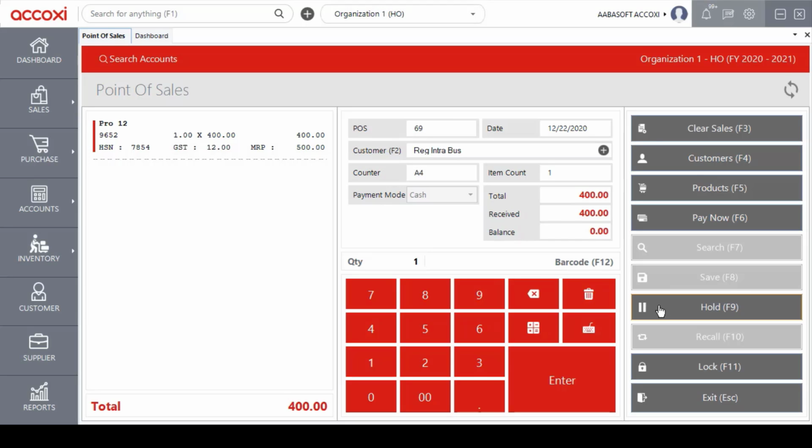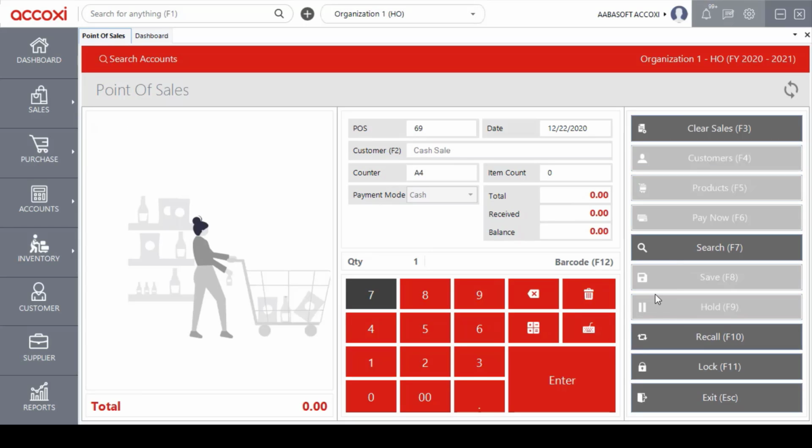For that, click on the hold option to hold the existing customer. Then the existing customer will be put on hold, and to create a new customer, the user can use the option clear sales or shortcut key F3 to clear the sales. Then the user can use the new sales to create a new sales transaction, and after saving the new transaction, the user can recall the previous transaction which was put on hold by clicking on the recall option or entering the shortcut